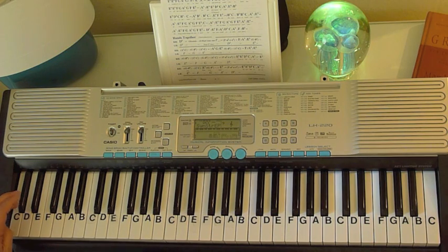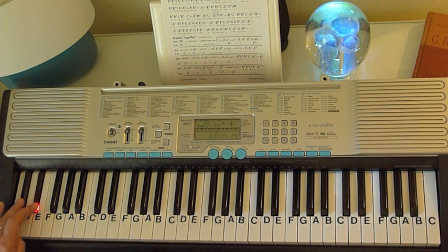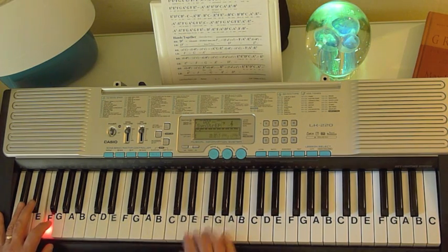Now what I'm going to do in the left hand, I'm going to go D flat, E, F, da da da da, E flat, D flat, E, F, E flat, F. So we've got,